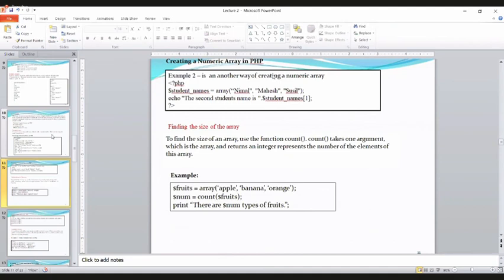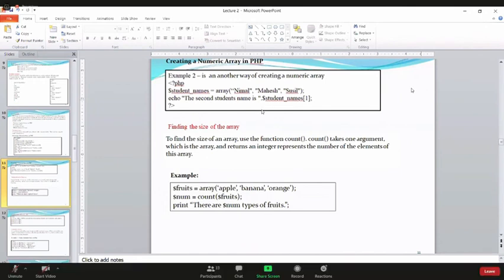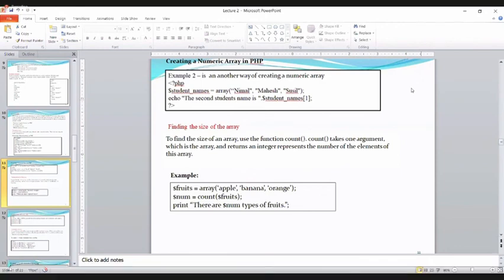Right? Any problems or anything you want to ask? Chamat, Nirmal, can you hear me? Yes, you can give the answer. Did you finish the numerical array second method using the array function? Not yet. Have you finished the second example under numerical array? Right.